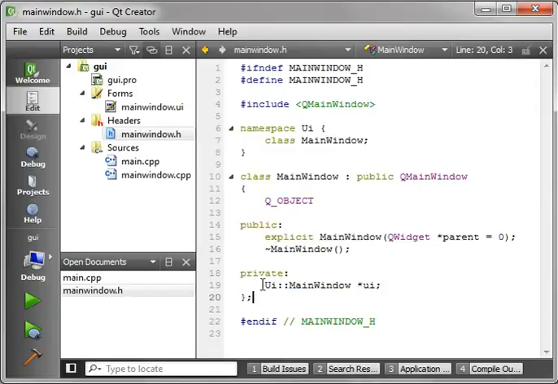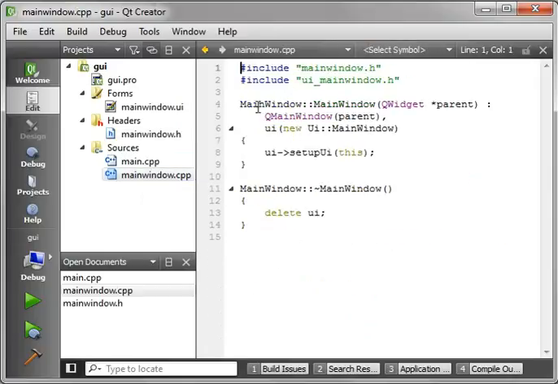Alright, moving right along, here is your public, and here are your private. And you see here is Ui namespace, MainWindow, and there is a pointer to Ui. Here's your implementation file. Here's the constructor, and you're saying ui, setupUi this. Basically, it just creates the user interface. And then MainWindow, delete ui. One thing you should